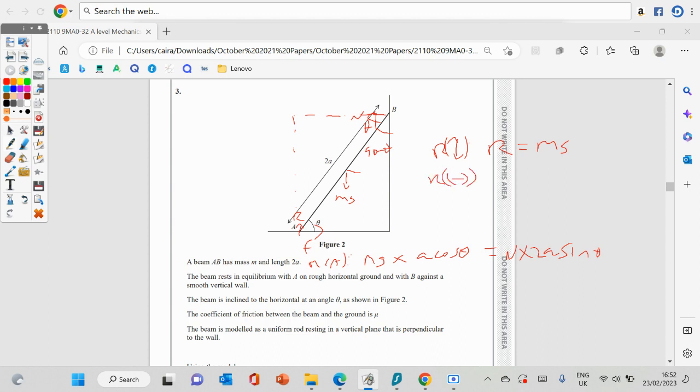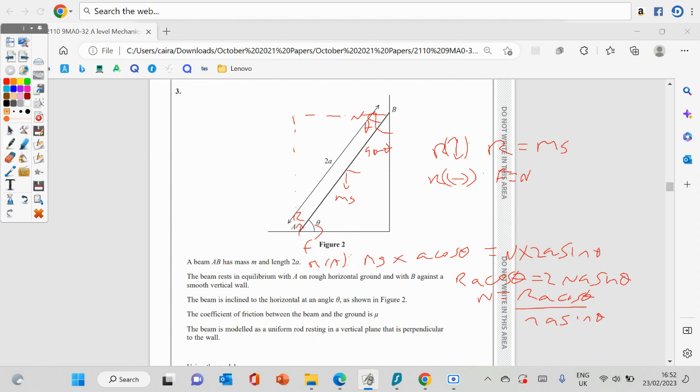If we resolve horizontally, we can get that F would just be equal to N. I.e., when I come back down to this, you've got Ra cos theta has got to be equal to 2Na sine theta, just subbing in everything I've got. So N then is quite simply Ra cos theta divided by 2a sine theta,